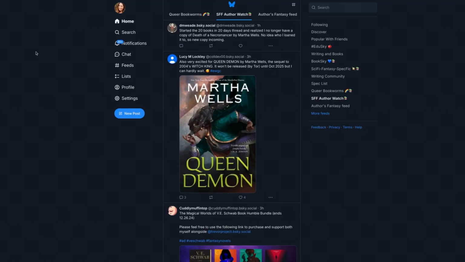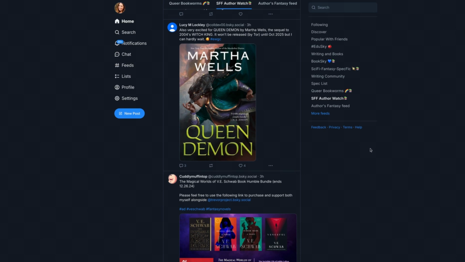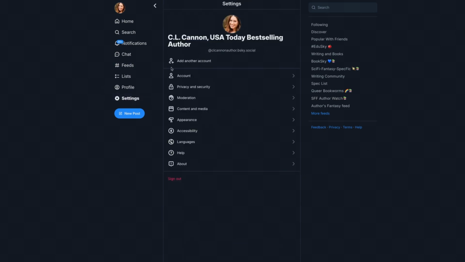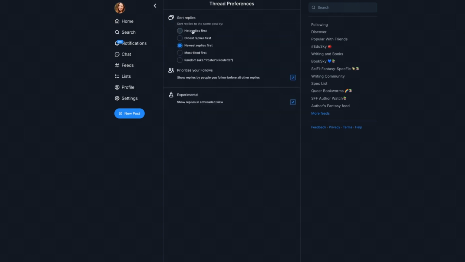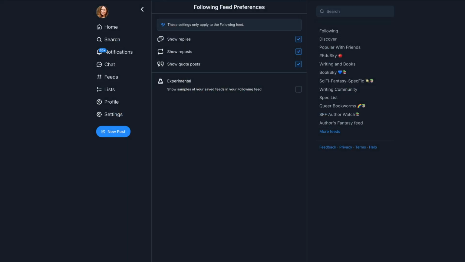BlueSky also serves up posts in chronological order instead of being based on a set algorithm. You can also change this in your settings by going to settings and then going to content and media and then going to thread preferences. And you can have it go hot replies first, oldest replies first, newest replies first, most liked, or random. You can also prioritize your follows, and there's also an experimental view you can do. So again, you can change that in your settings, and you can decide how you wish BlueSky to display your